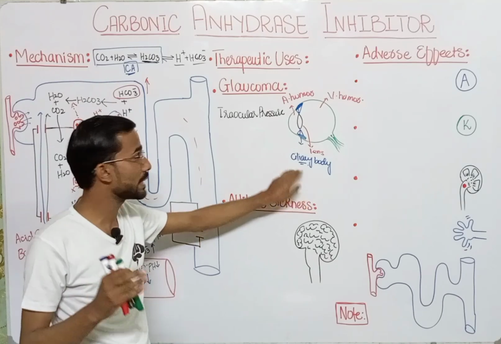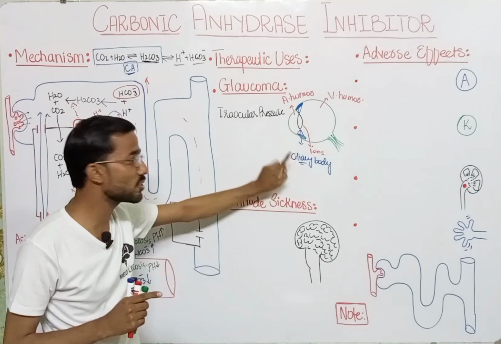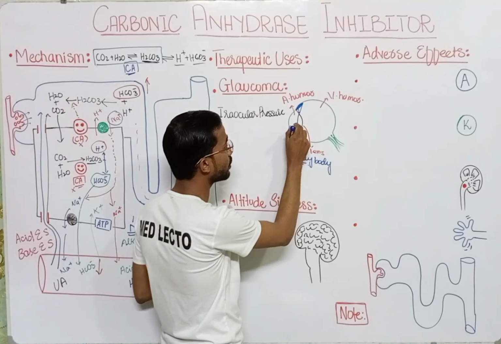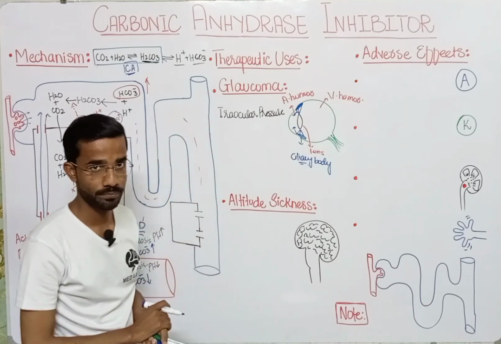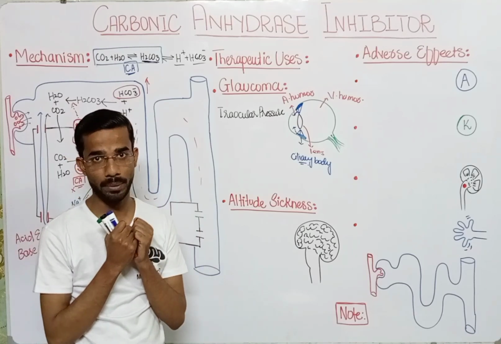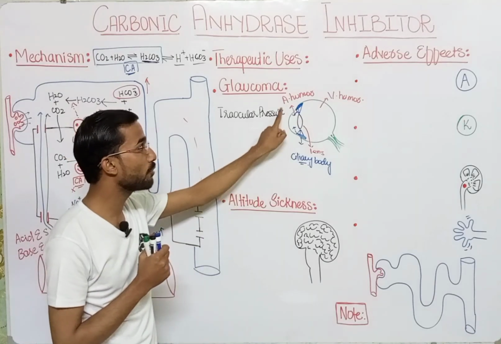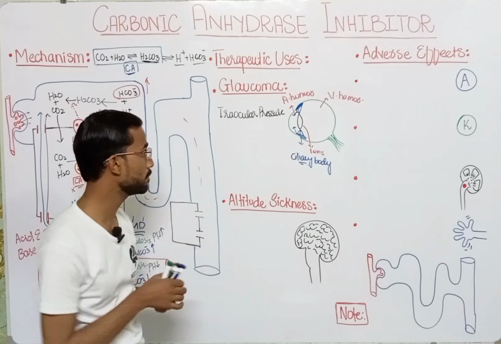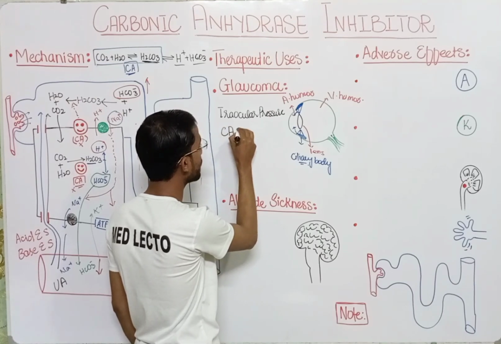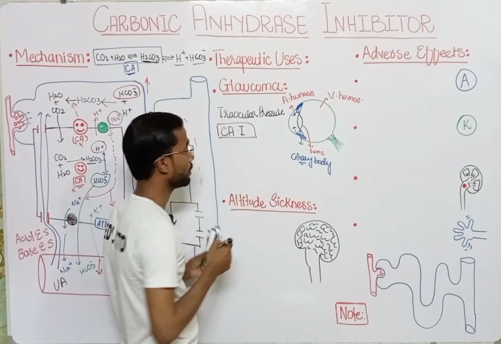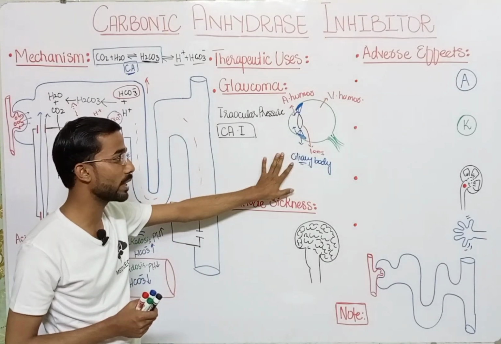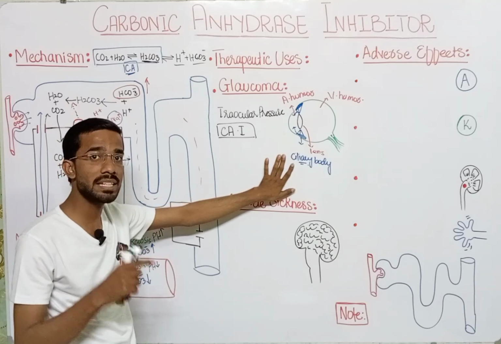Now keep in mind that the aqueous humor is produced in the ciliary body and enters into the front side of the eye. Okay. If we take the carbonic anhydrase inhibitors, then what will happen? Then the production of the aqueous humor will reduce. If we take the carbonic anhydrase inhibitors, then the activity of the carbonic anhydrase enzyme in the ciliary body becomes reduced, and as a result you will see the